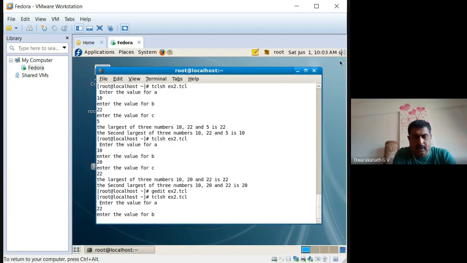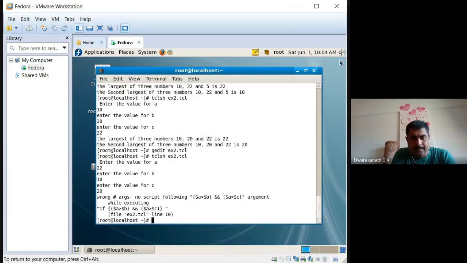It's an interpreter. Now are you seeing this error? Wrong, no script following these arguments. After this, it's not following, it's ending at the condition only. This part, line number 10. Observe carefully, so it will give that error.